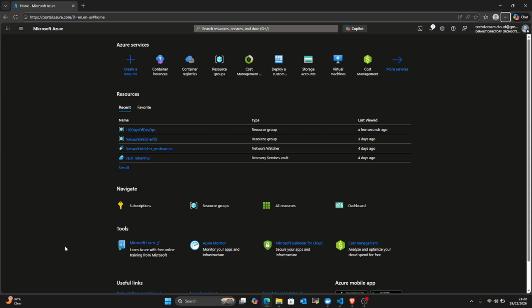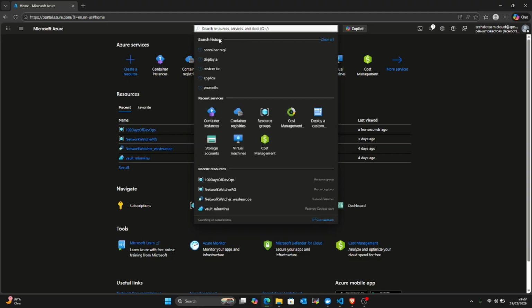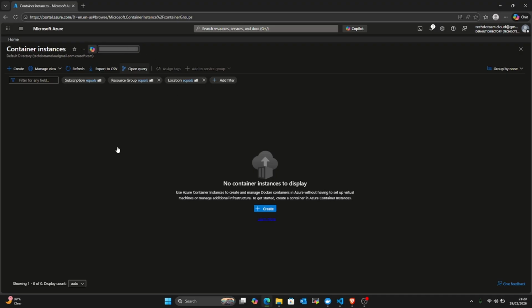So first things first, how do you deploy a container? When we want to deploy a container, normally we use docker run and then the name of the image that we want to deploy, right? To do that on Azure, there's something called Container Instances. So we come and you can type container instances or you can see it here. When you click on container instances, you see that I have no running container. To create a running container, you just click on create